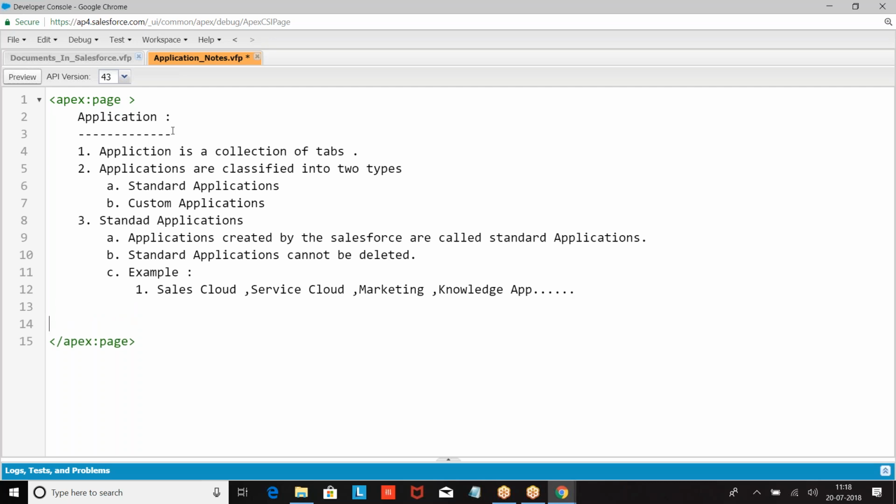If you want, you can customize the standard application. Standard applications can be customized.